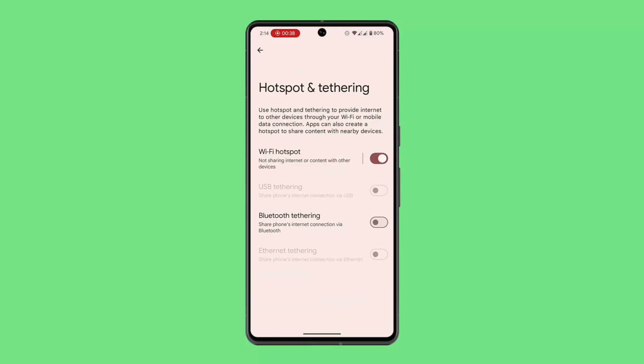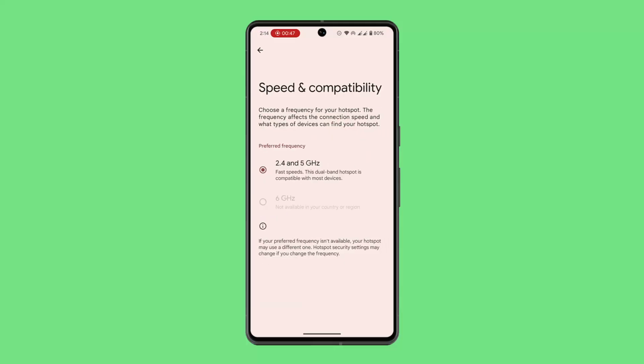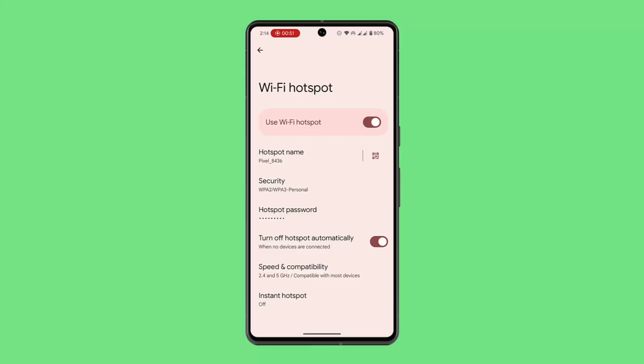Then you could go ahead and toggle the button for Wi-Fi hotspot. While you would do this, you could just go ahead and click on it, and over here you could just click on speed and compatibility. Make sure to select the preferred frequency if possible, and likewise you could go ahead and tap on advanced settings as well